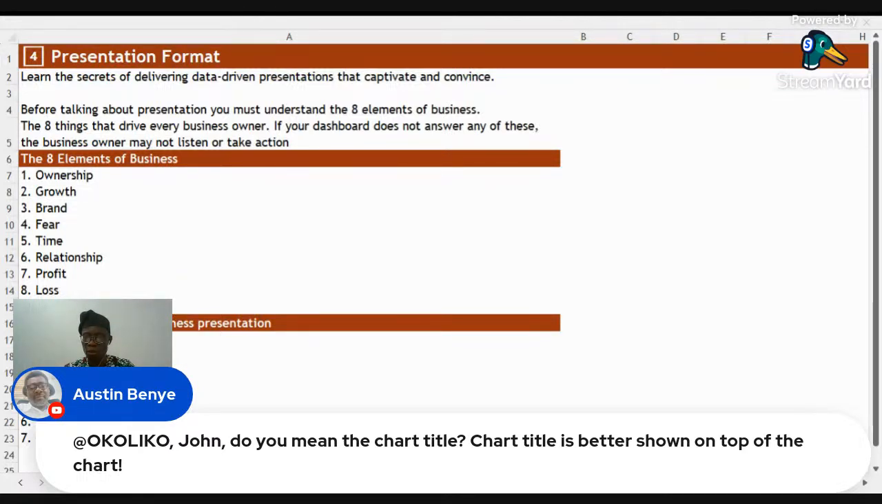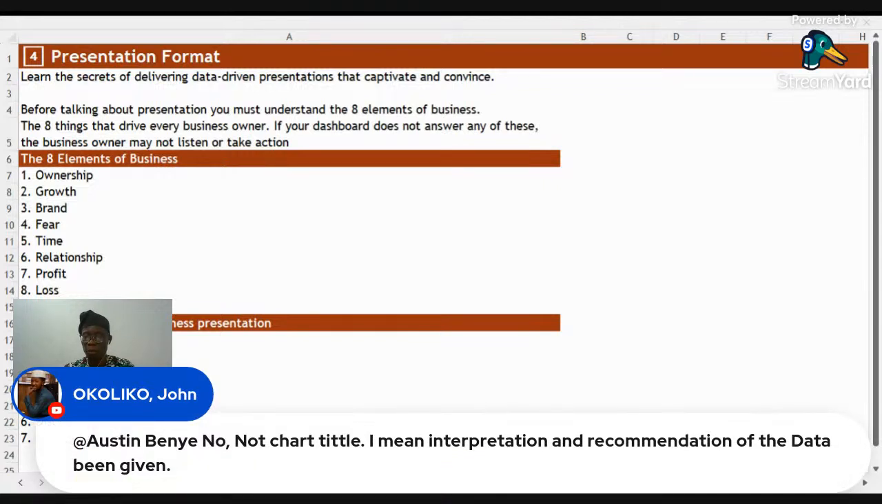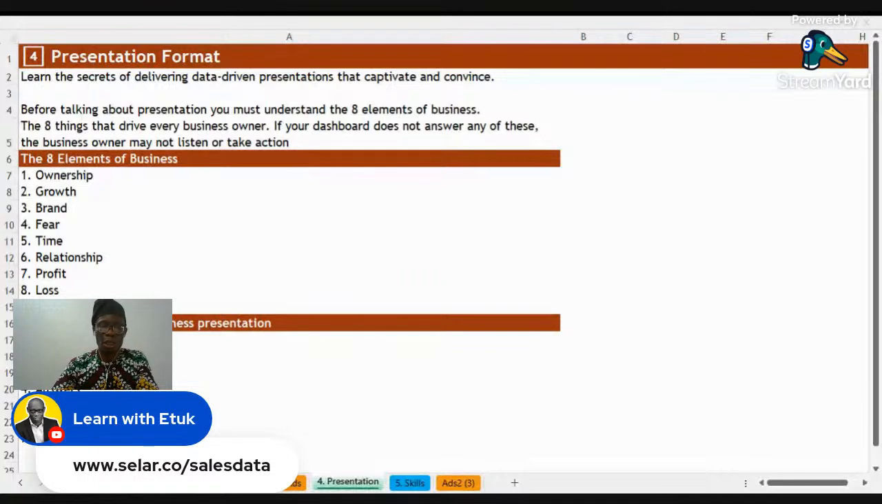Okay, no, not chart title. I mean interpretation and recommendation of the data given. Yeah, so that's where we're getting into now, and that's what I said earlier. It's better to put it in a differentiate. Put in a recommendation, and okay. So let's continue with discussion number